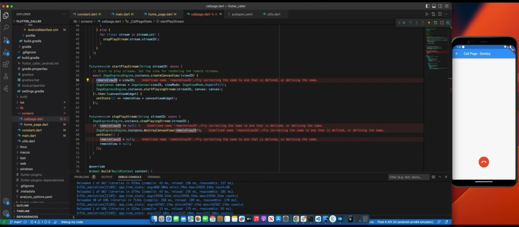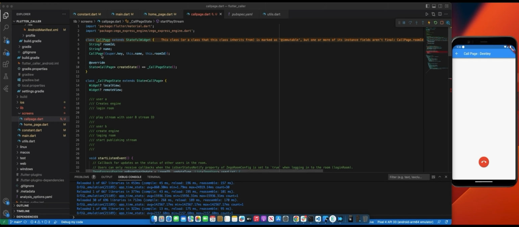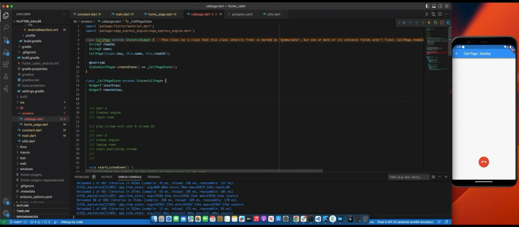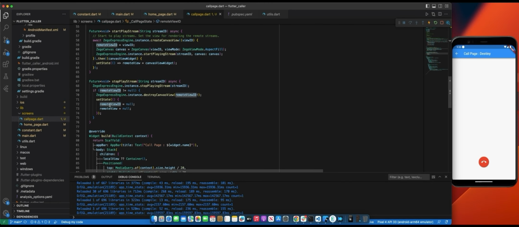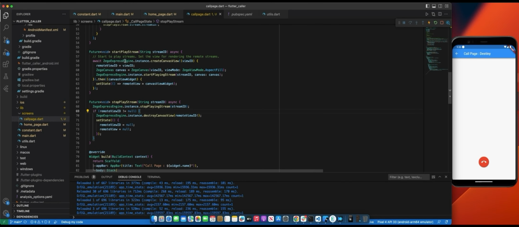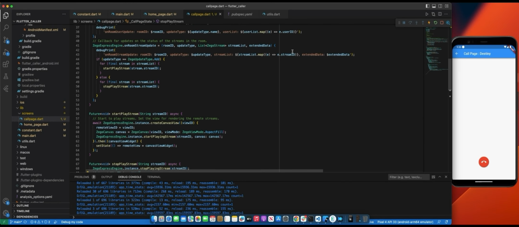Okay, so you want to make sure you create another int variable. It's going to be null initially. So you want to make sure you have a local view ID and a remote view ID to represent those two. All right, so when someone joins